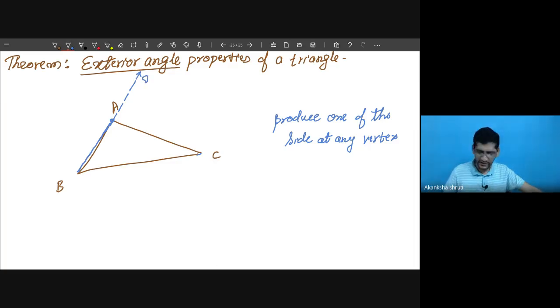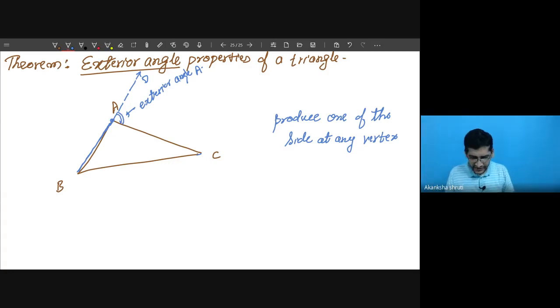It is one way. So whatever the angle formed at this place, tell me what will be the angle formed. For an angle to form, two lines or line segments should be there. So this is the angle formed. So this is called your exterior angle at A, exterior angle A.